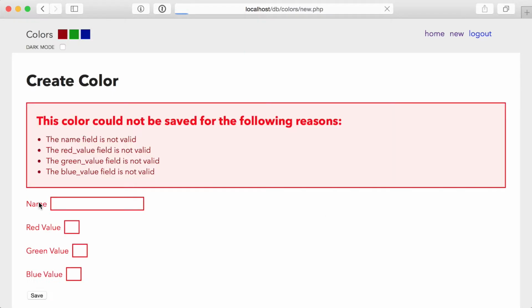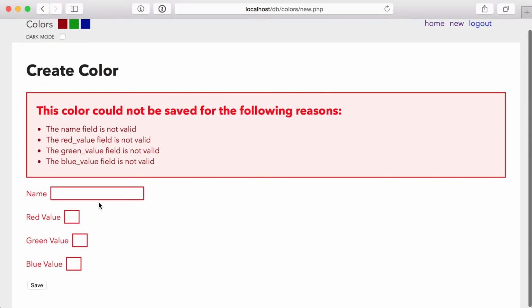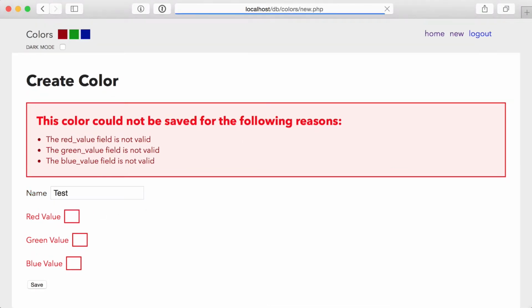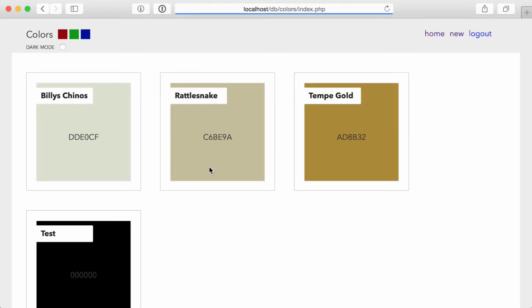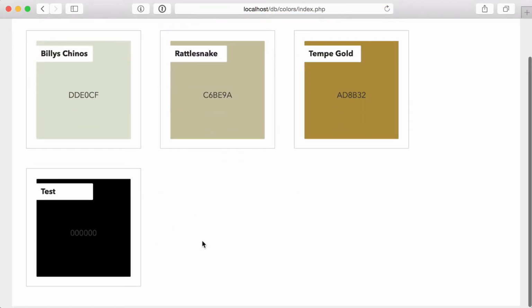All right, if I try to save a blank color, looks like my validation is still working like it should. Try and create a color with just a name. It's still flagging incomplete entries. Let me go ahead and fill in some other data, try and make a complete entry here, and if I hit save at that point, it looks like it worked. We have the color with the name and the code that I entered. It tells me a new color was created, and that certainly looks right. If I go back to my index page, the new color is actually showing up there.